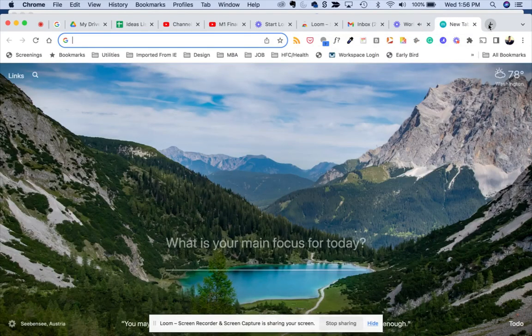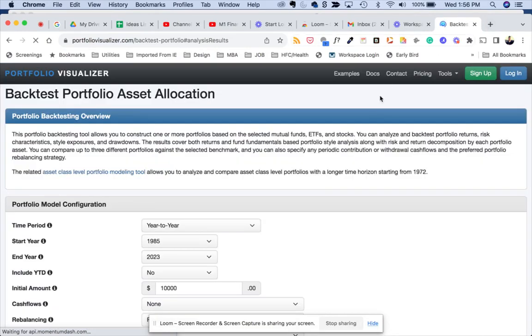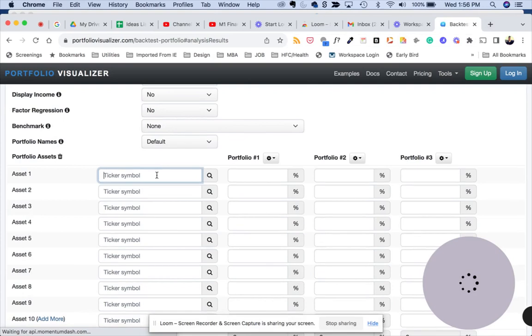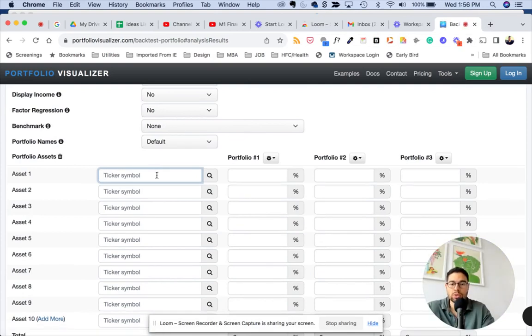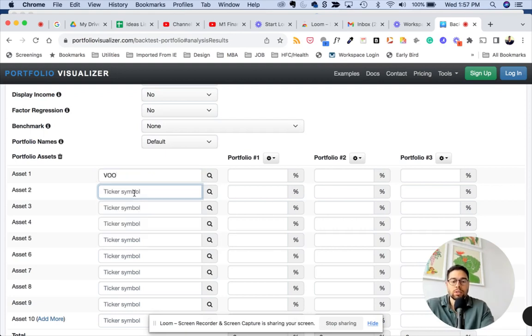So one of the things we like to do is use Portfolio Visualizer to understand what is actually happening between different portfolios. So if we take a look at a couple of different combinations of portfolios, we have VOO, VUG,